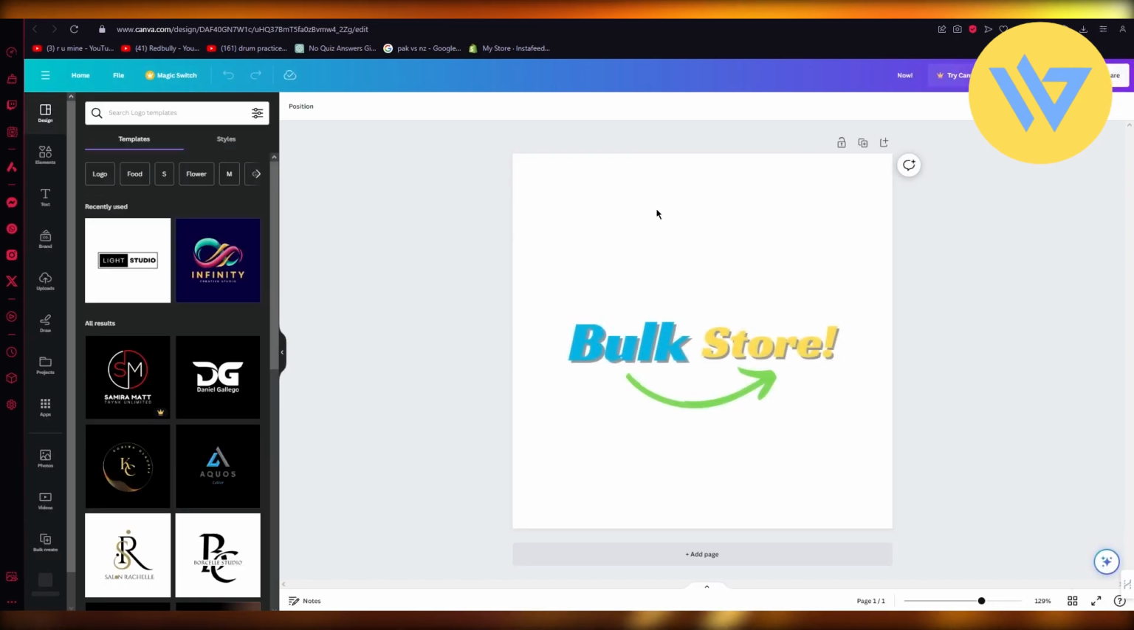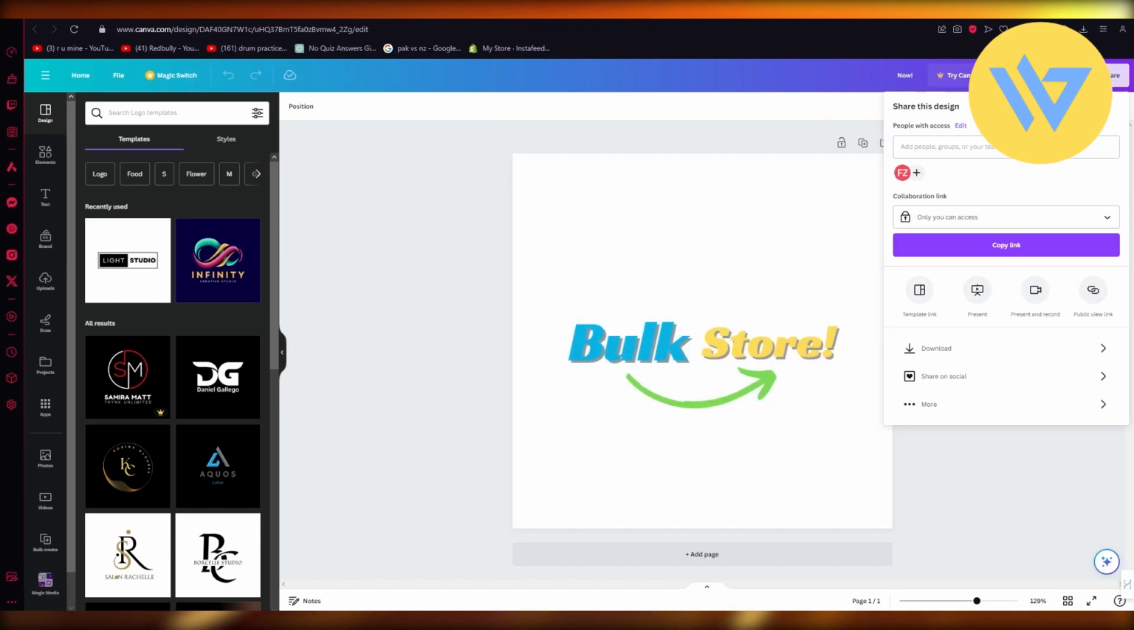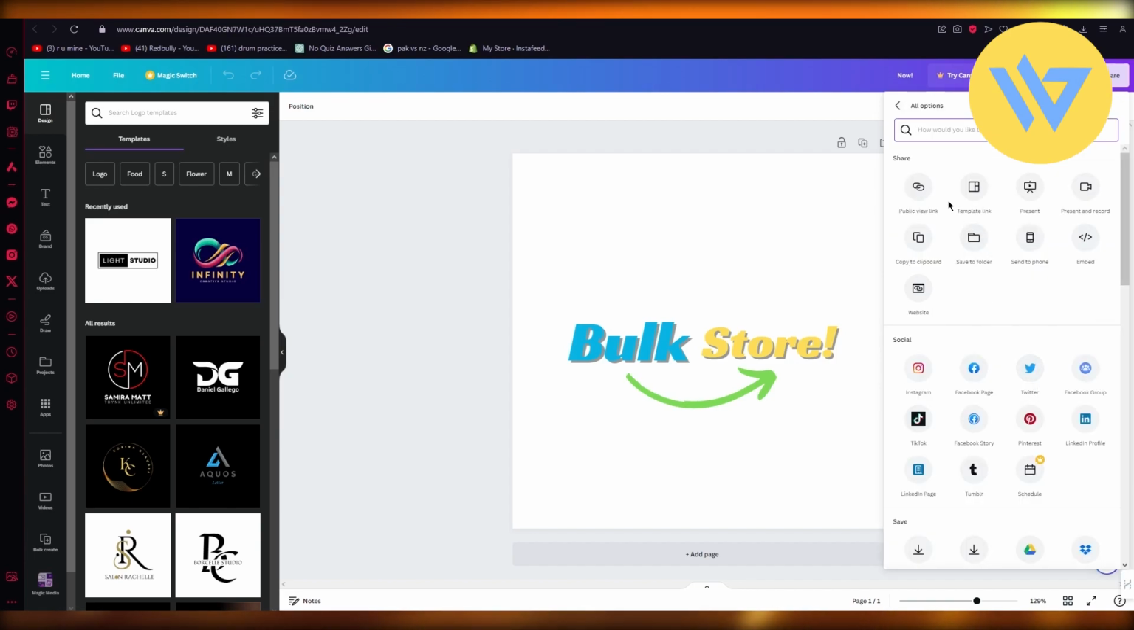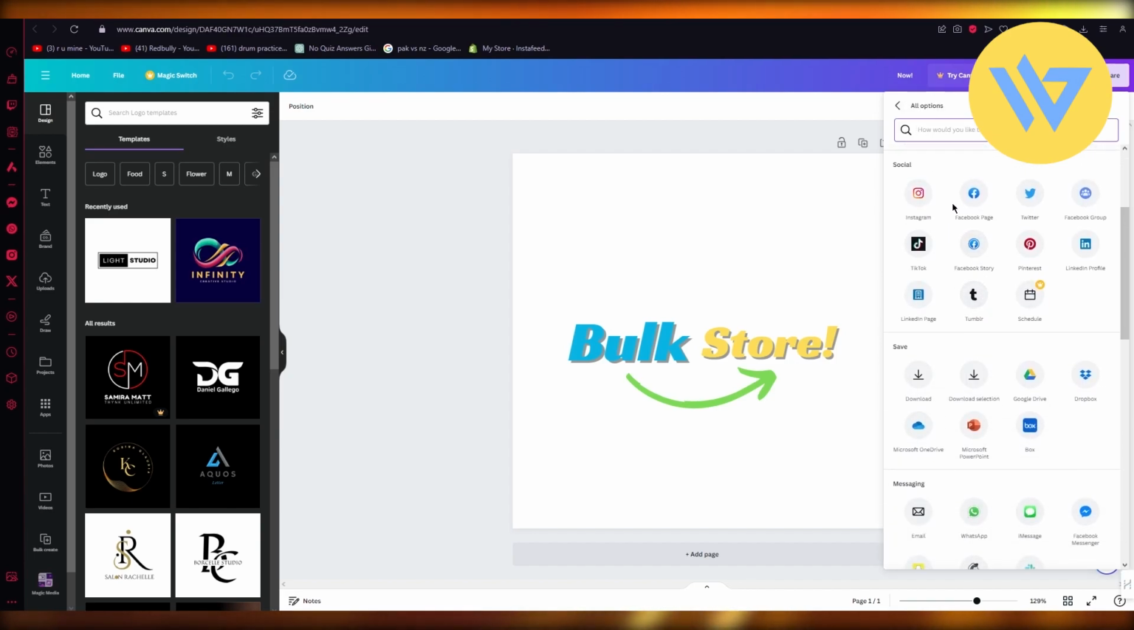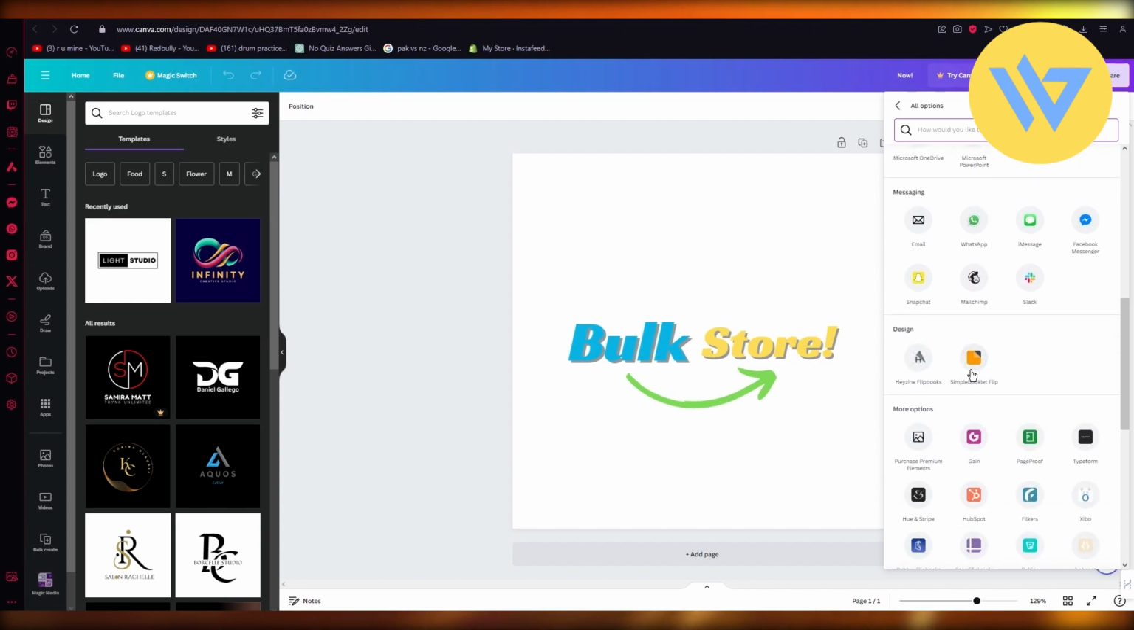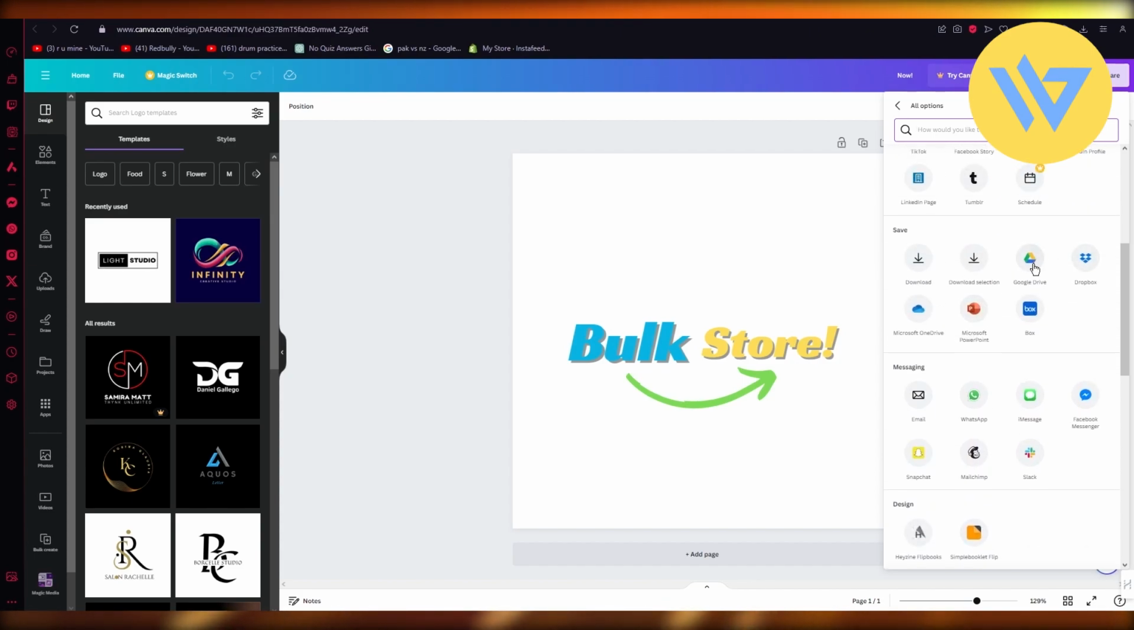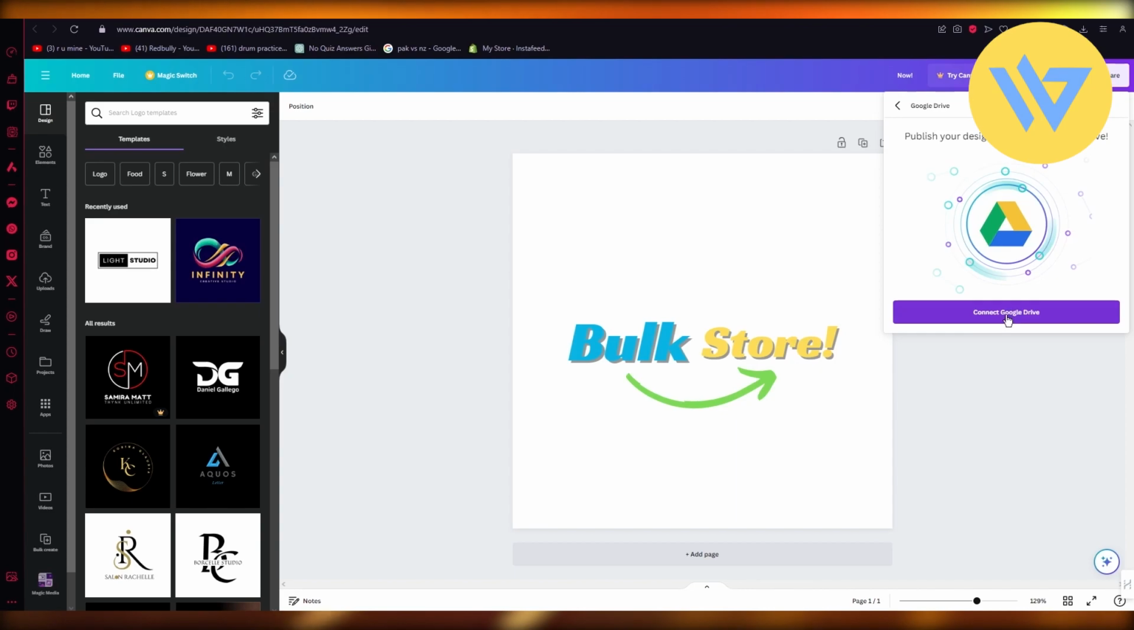So if you want to go ahead and upload it on your Google Drive, what you're going to do is you're going to click on share. Okay, and once you click on share, you get these options. So you have social, you have save, you have messaging, design. So you're going to come to save and it's going to say Google Drive